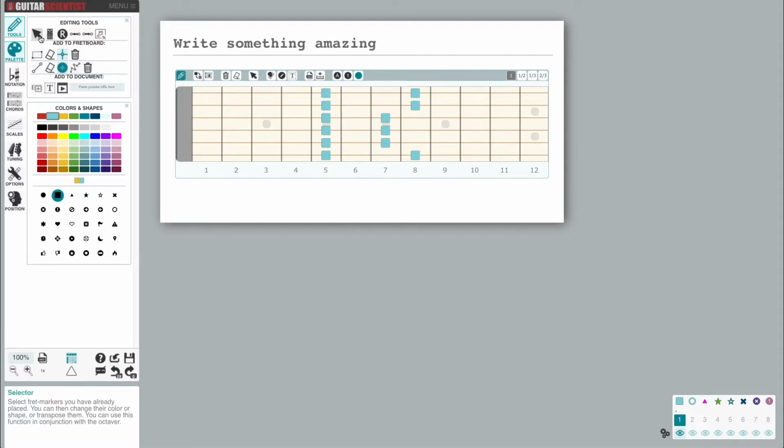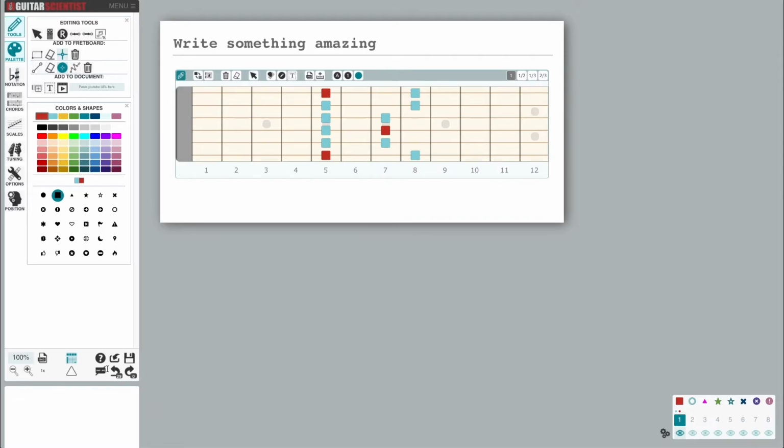This is convenient, for instance, if I want to change the color of the root note in a diagram. As an example, in this pentatonic scale, I am selecting with the octaver one root note. Then, when I change the color, all the root notes will be more noticeable. This small blue box that appears in the top left tells me that a function is currently active that prevents me from clicking on a fret to place a marker.